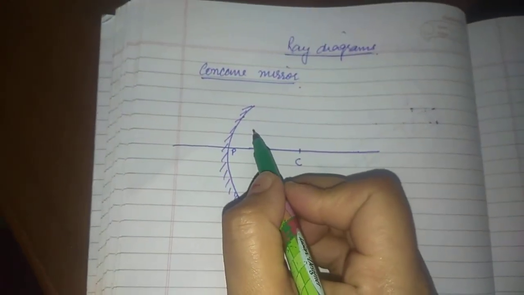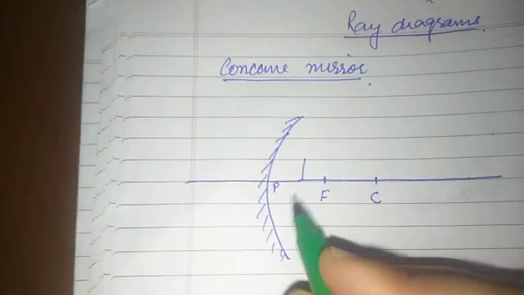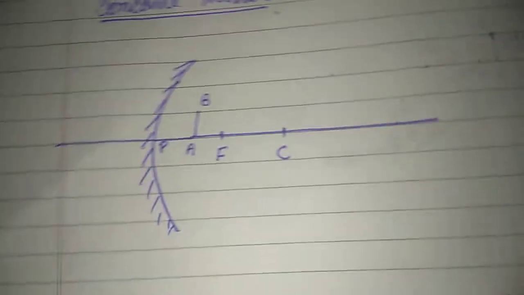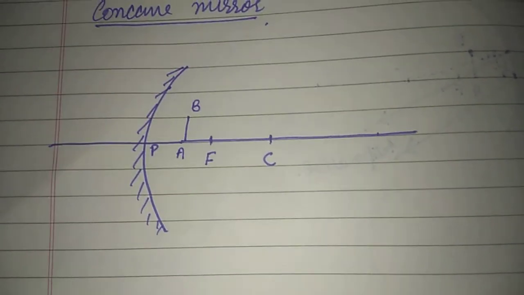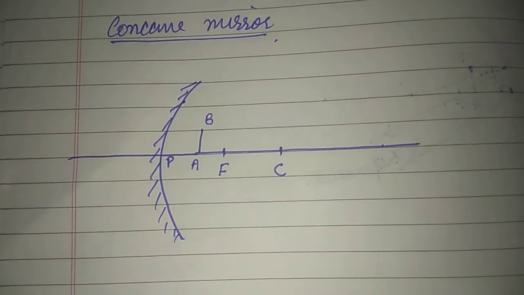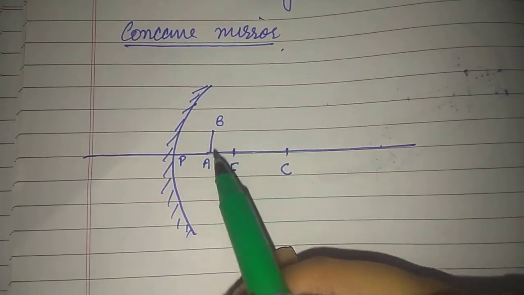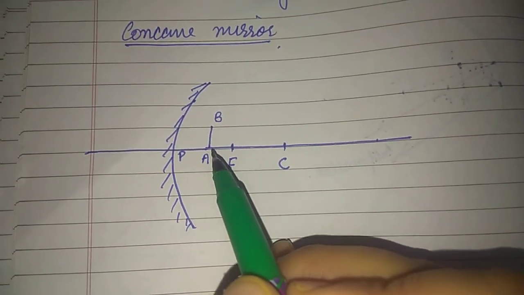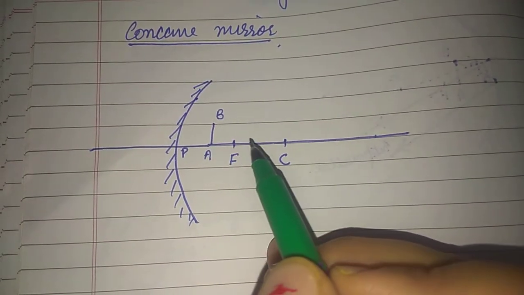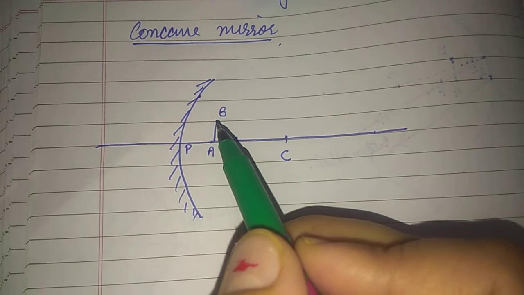We are going to place the object between the pole and focus. So let us consider this object I am placing here, and this object is AB. So what is a ray diagram? We have to simply show the position of the image. And to draw the ray diagrams, we need to take only one tip of the object. Here we are not going to consider all the points of this object. The image of the base of this object would lie only on the principal axis. So I want to see where the image of this tip is going to be.